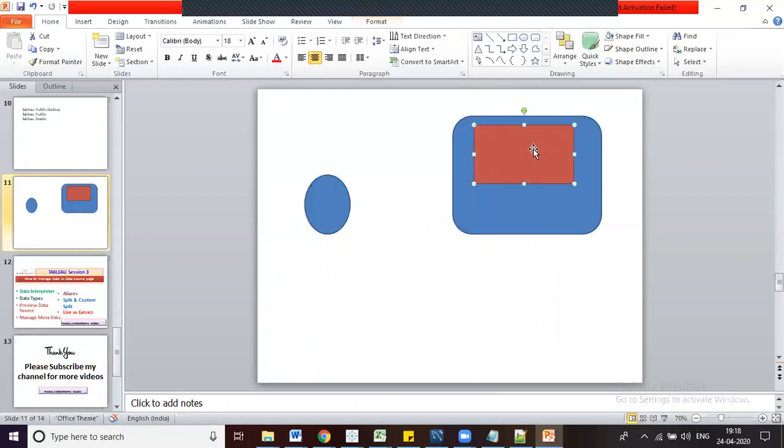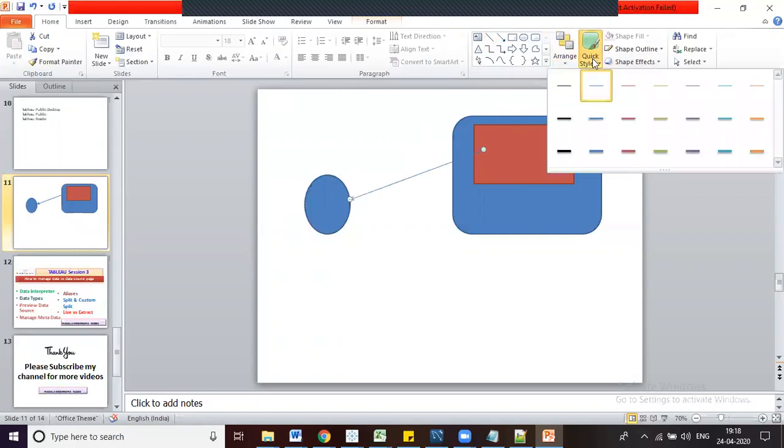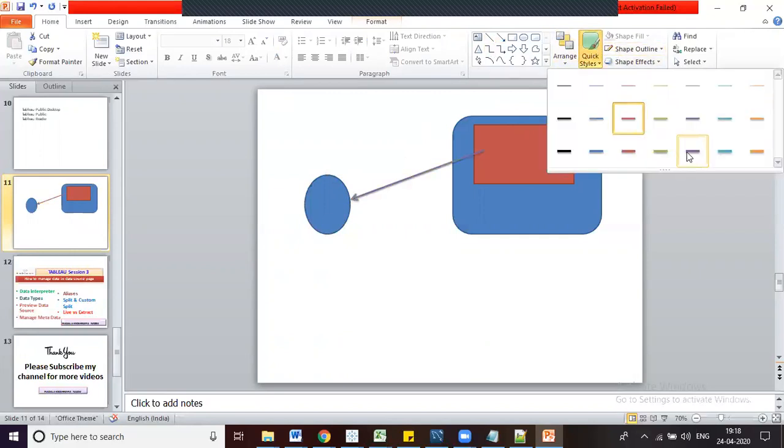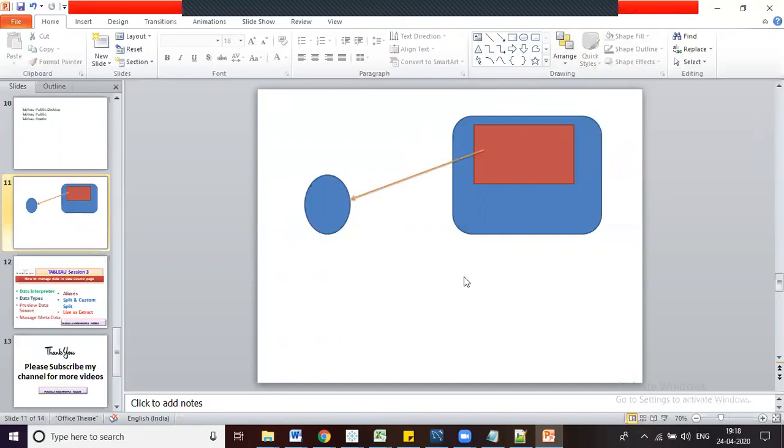Now I have opened Tableau. Live connection means there should be an interaction between this database and Tableau.